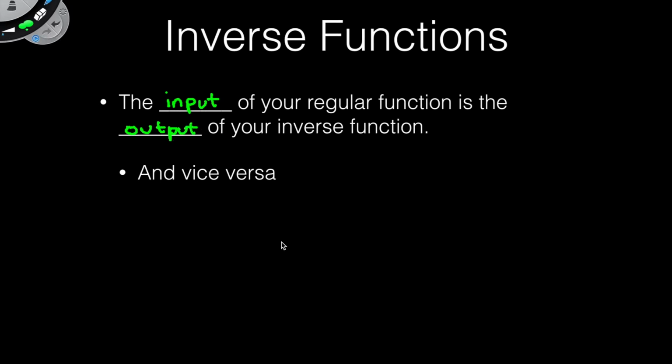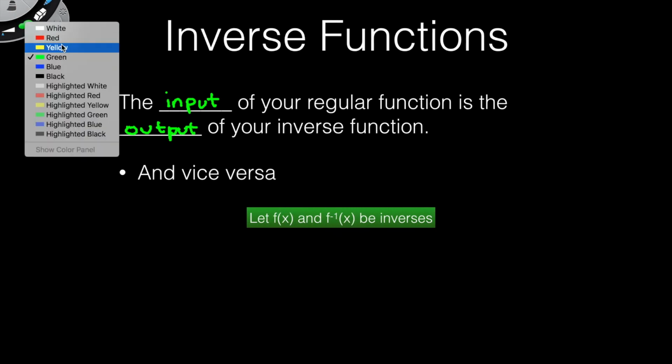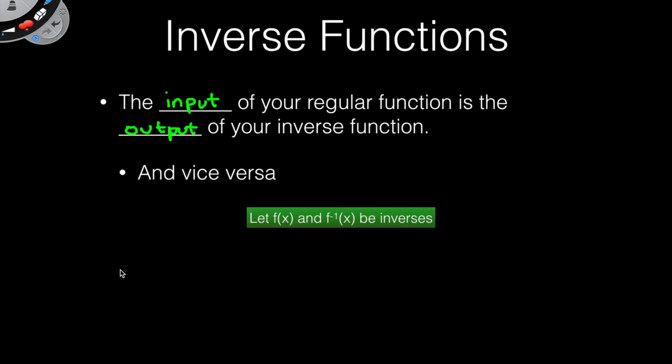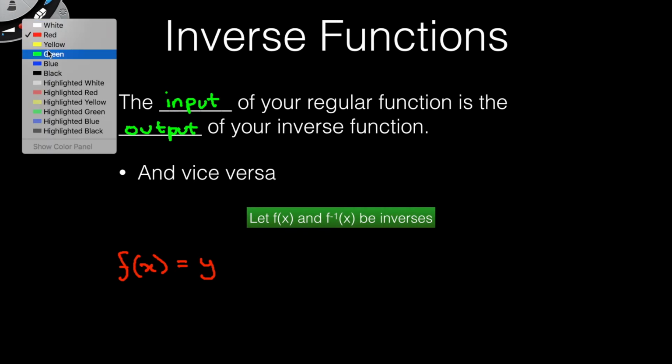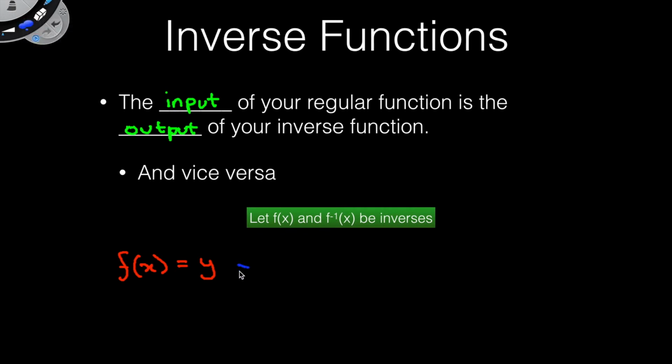Now you may be a bit confused by this, so let me put this in some mathematical notation just to help you see what it means. Let f of x and f inverse of x be inverses. So if f of x equals y, some number y,